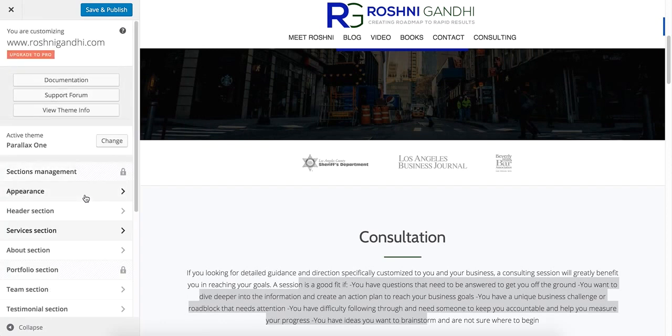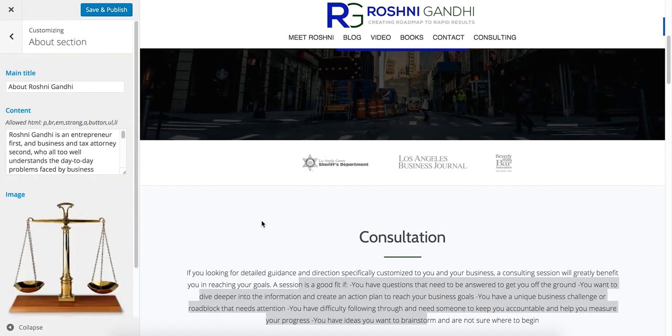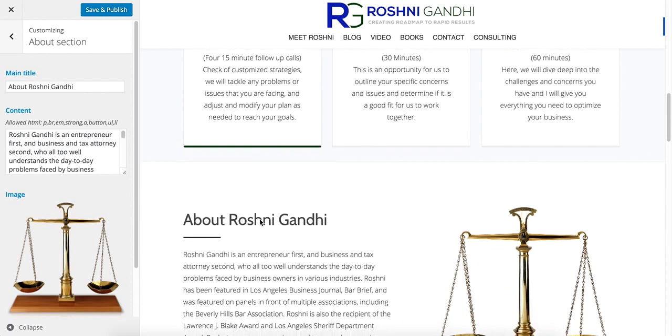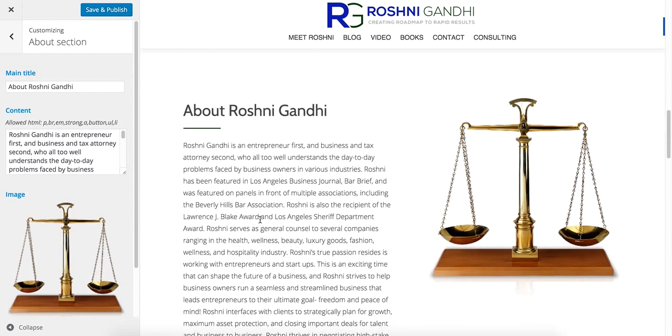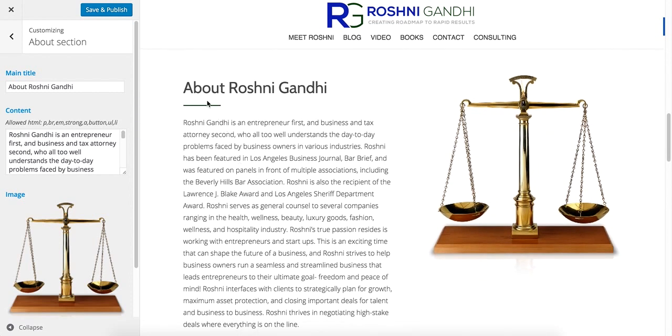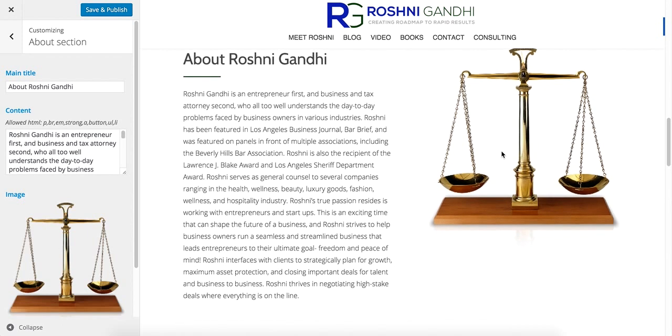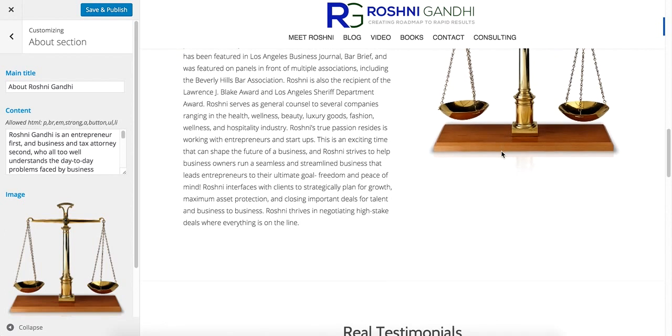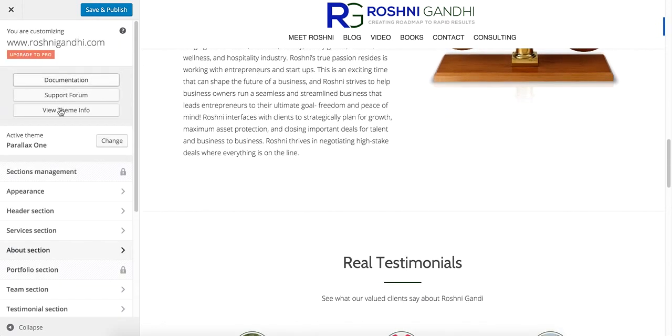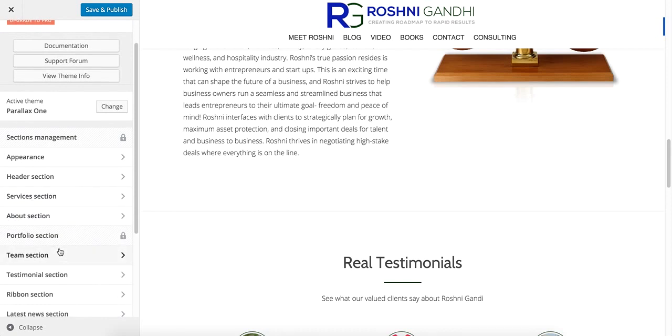And if I go down, there is an about section. About section is basically where your picture was. So I added some information about you and a logo, which represents basically law or court. And below that you have options for team section.